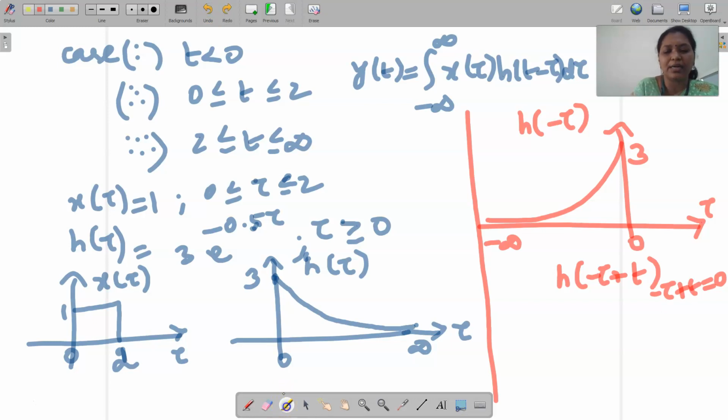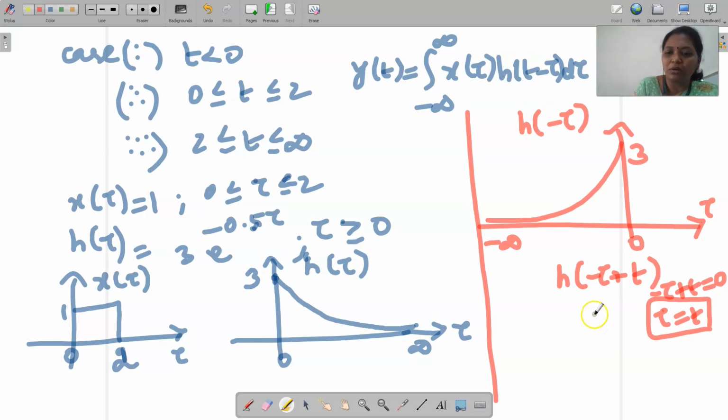Okay. So, I can write tau is equal to t. Why? Because the signal varies with respect to tau, I need to determine the tau value. So, this is h of minus tau, I need to draw h of minus tau plus t. So, I need to add t with each and every instance of tau in your h of minus tau in order to get h of minus tau plus t.